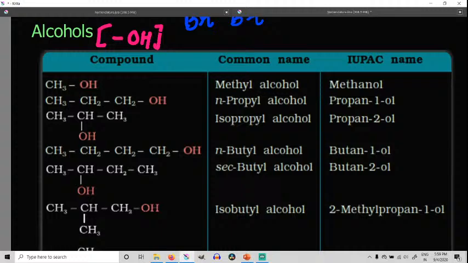Okay. Now, if there are 3 carbon atoms, 1, 2, 3, and at the last you can see the OH is attached, what should be the IUPAC name? This should be the first carbon atom where OH is attached, because we start counting from the side where the functional group is present. In this case the functional group is present on the first carbon atom. So when you start counting from right to left, this will be the first carbon atom, second carbon atom and third. So what should be the IUPAC name in this case?